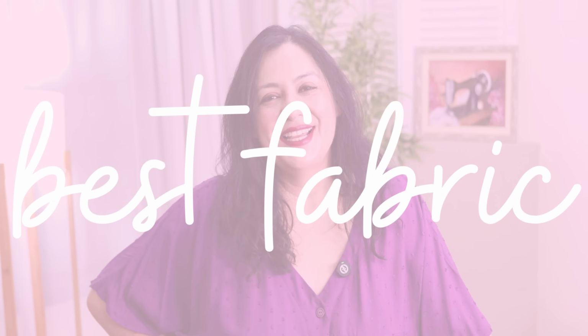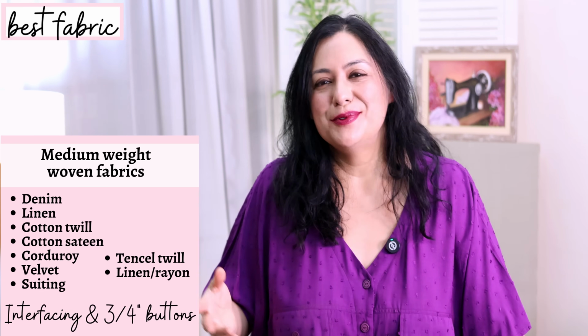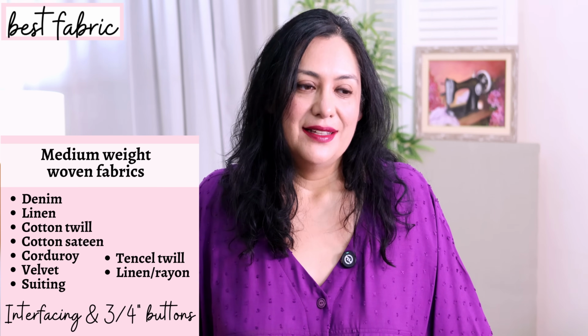The Downtown is designed for woven fabrics. I really would not want to sew this one with a knit fabric, not in any time of my life. This is really a design for woven fabrics. Light to medium to heavy-ish would be okay. If you do have drape in your fabric, that's okay, but you don't need it. So